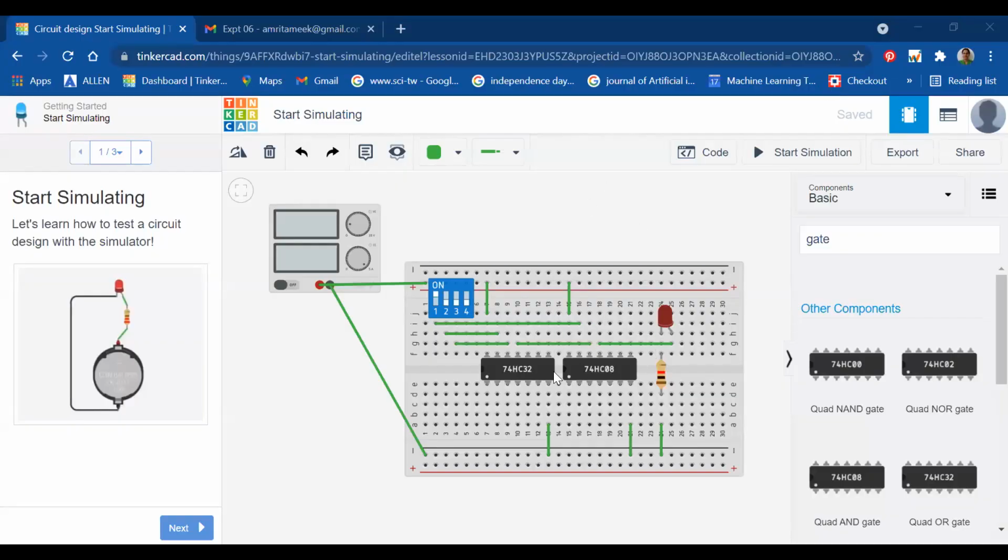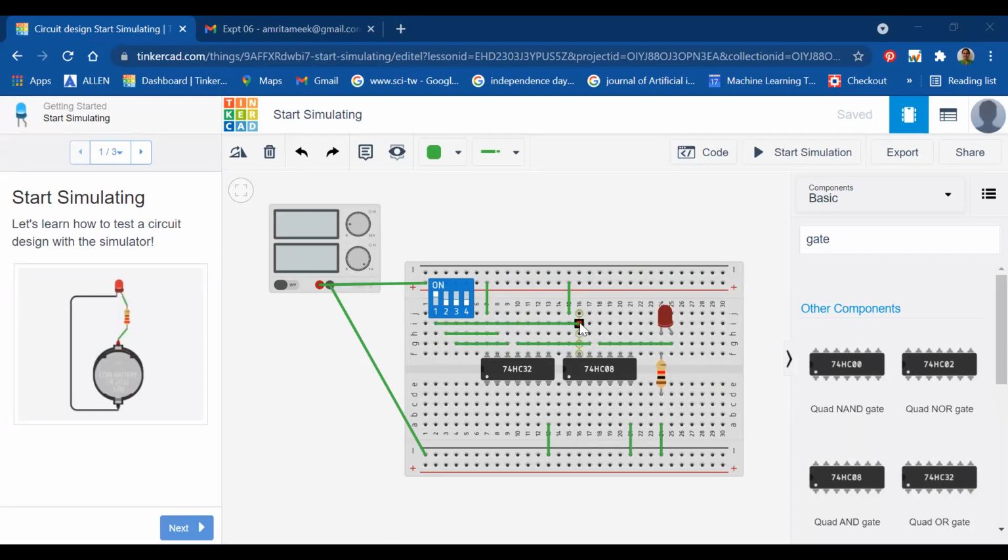So here you can see that I have taken 7432. Here you can find that 7432 is our OR gate. And now I have given it this second input. Let's say this one stands for A, this for B and this for C. So B and C have been given to pin number 13 and pin number 12. And from pin number 11, I have taken the output and given it to our AND gate 7408, right? So this A is also going to the input of the AND gate.